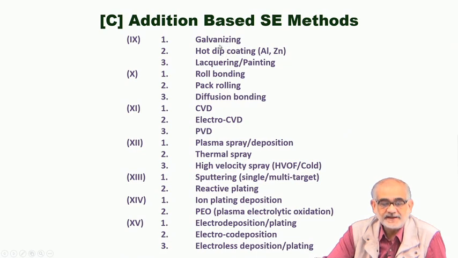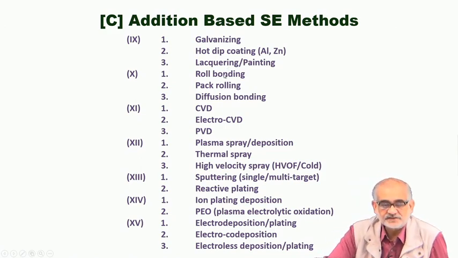So, you can add much thicker layers onto the surface by way of this kind of add-on or deposition process, where you can add thick coatings. You can do it in the solid state, you can have roll bonding, you can have pack rolling, you can have diffusion bonding. In roll bonding, you allow two separate layers to be rolled together, mostly in the cold rolling condition, and the two layers or the two thin